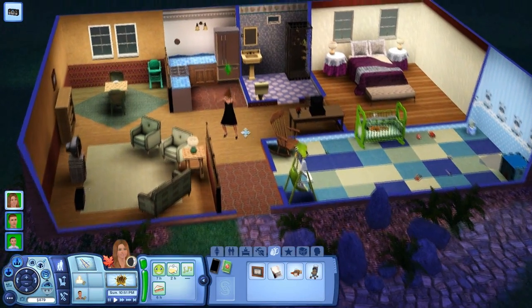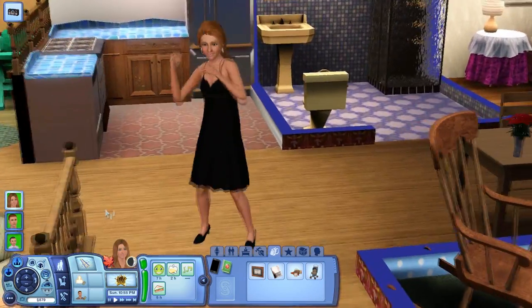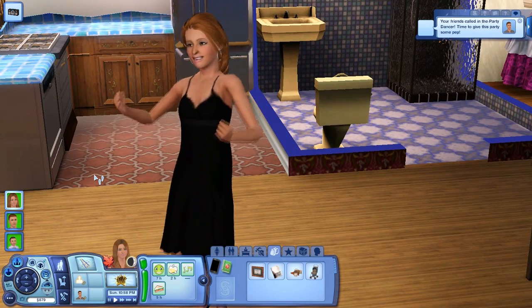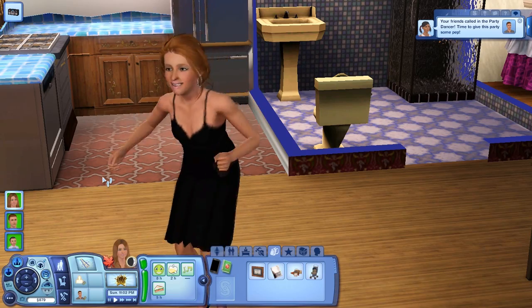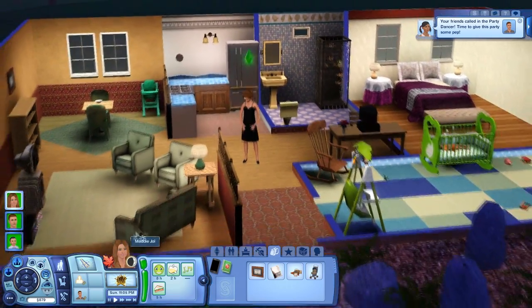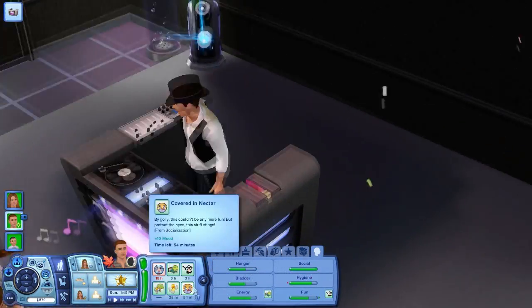Ian is out of the house. She has it entirely to herself. And it looks like she's just celebrating. She is hilarious. She is a character. Look at her go. She is just dancing the night away knowing that Ian is out partying, but she doesn't care because she wants to have her own personal party here. Well, we're gonna let her do her thing, continue to have a blast,